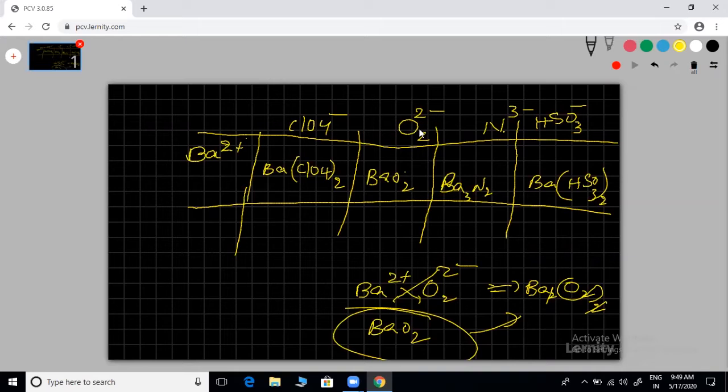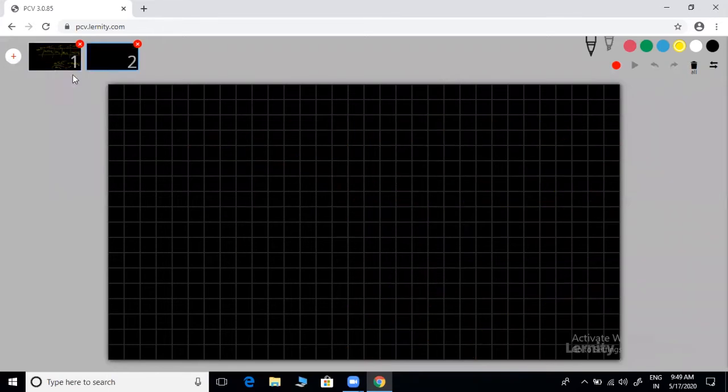I gave the list with names last class. Try to practice on rough paper and you can remember. You can avoid most of the confusions. The more you practice, the more clarity you will get. That depends upon you. Okay, fine. Now, what is the name of this one? A little bit fast.